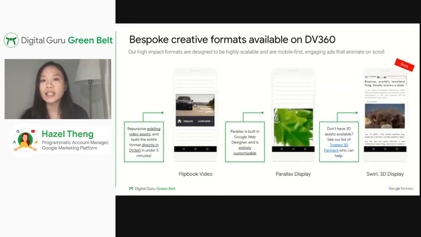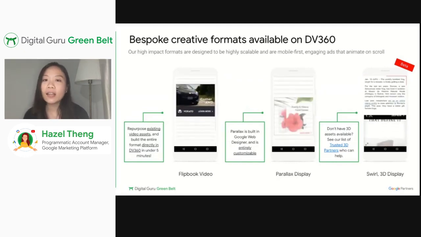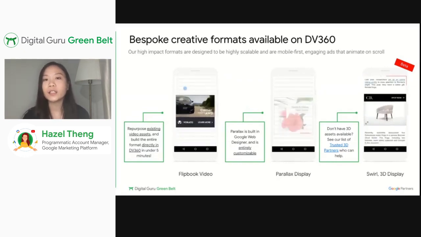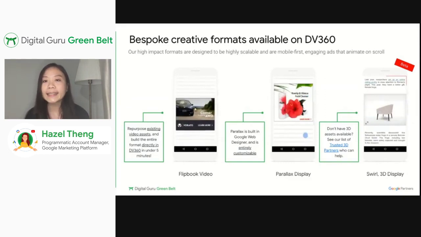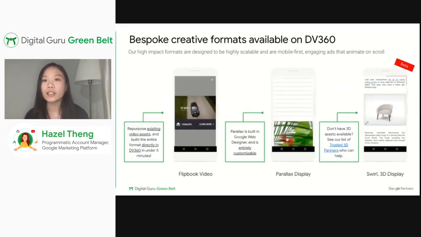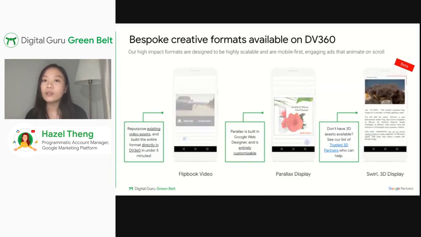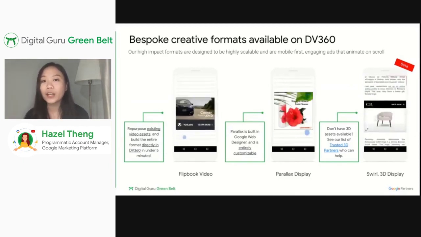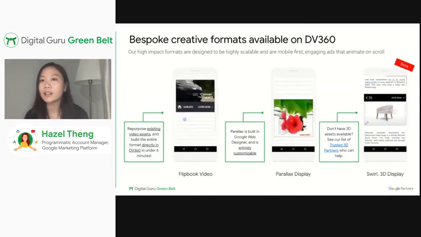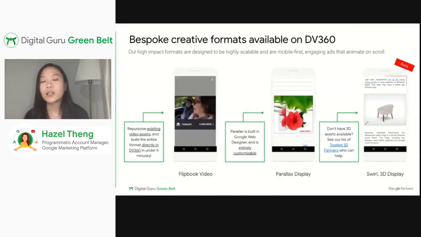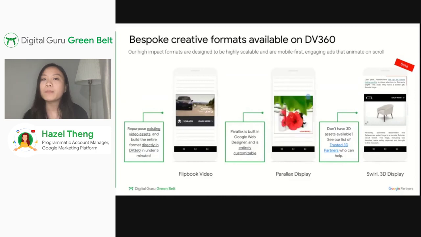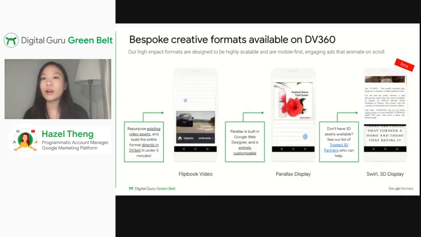What users can explore is every angle of the product in the ad unit by rotating the 3D object in all directions. They can also zoom in and out to create a richer and more immersive experience than a standard display unit.